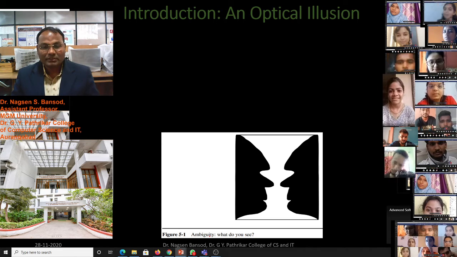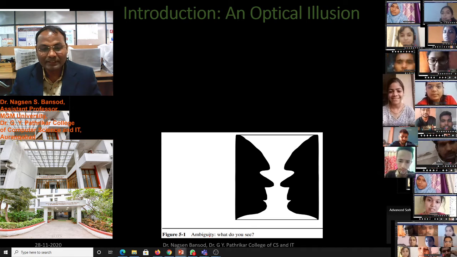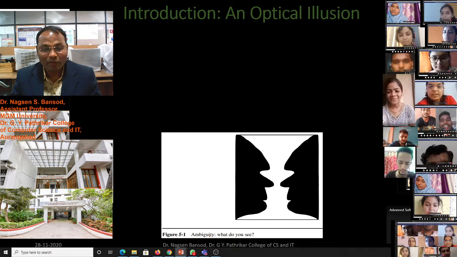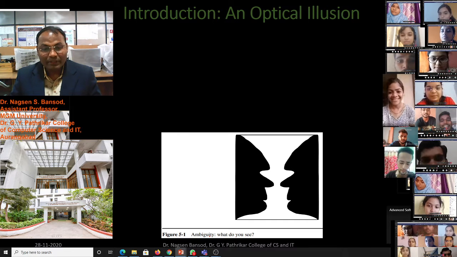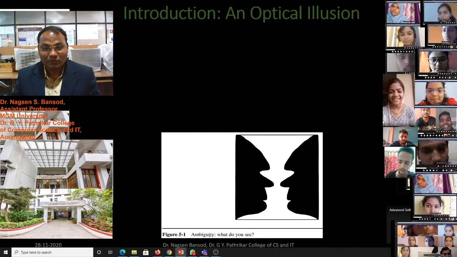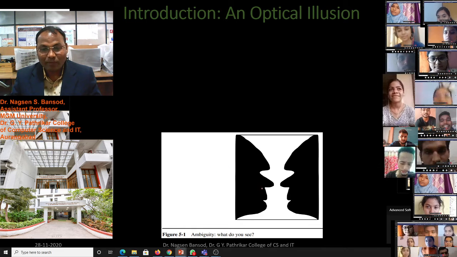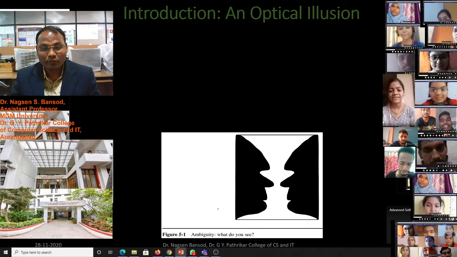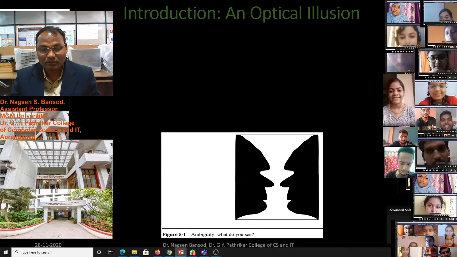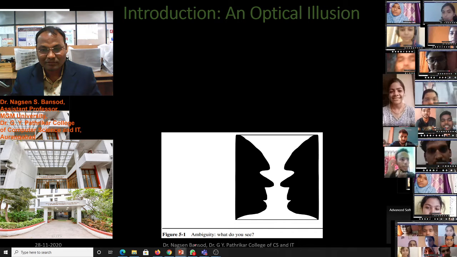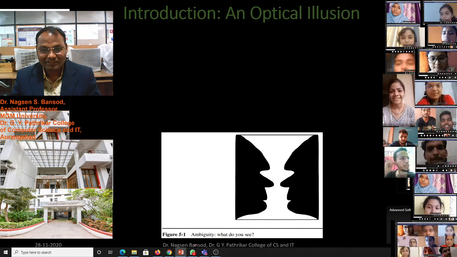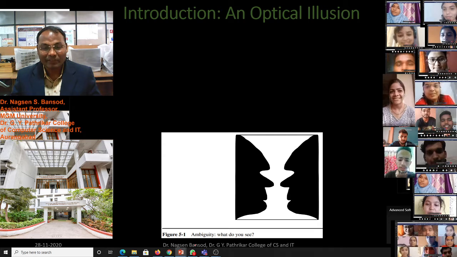Optical illusion. If we look at figure 5.1, ambiguity, what do you see? What are you looking at in this figure? Two faces in shadow. Two faces in shadow is there.